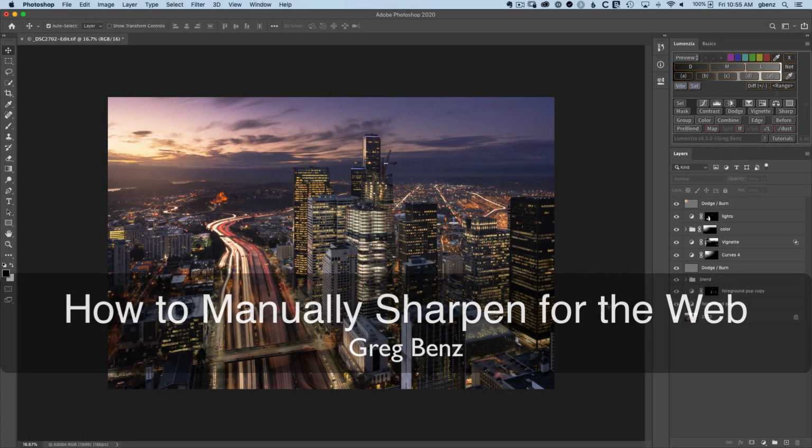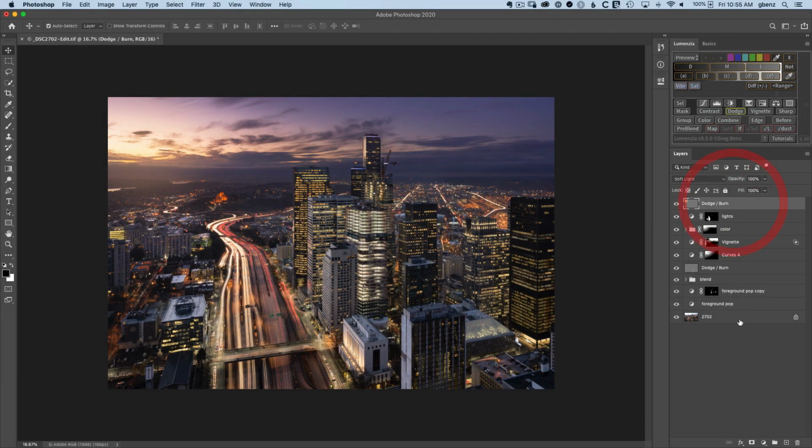In part 2 of this web sharpening tutorial, you'll learn how you can manually convert your layered TIFF file into a beautifully sharp JPEG for the web on your own. The purpose of this tutorial is really to show you what goes into making a great image for the web,